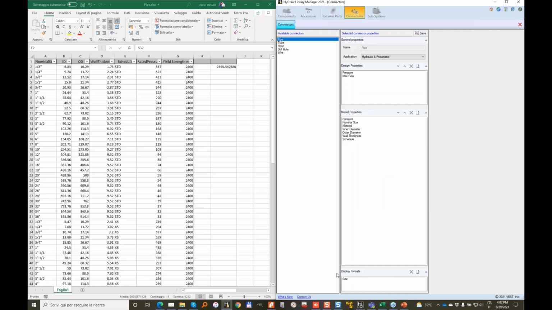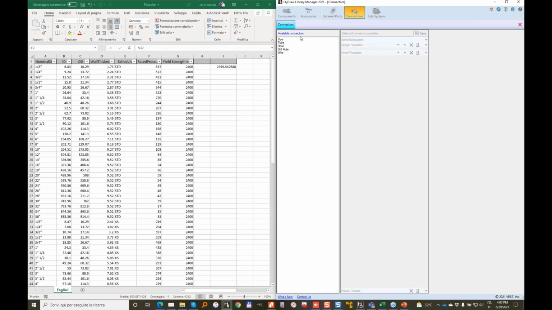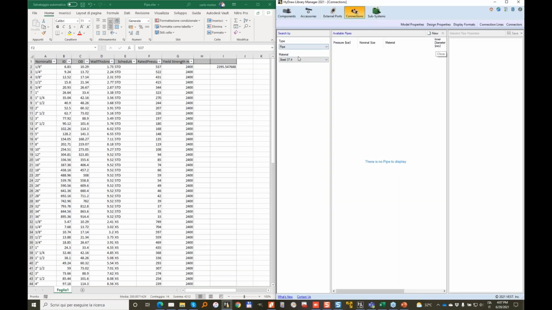Down here we have the display format, and later I'll create a display format particular for my pipe. By doing this, we control which attributes are available for my pipe in the library. Now I go to my pipe and create a new pipe, and my pressure now is, let's start with the